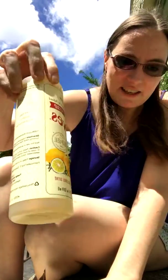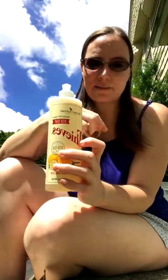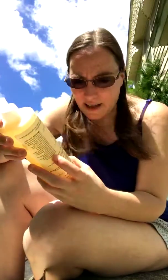It's our Thieves dish soap. It's got the wonderful Thieves oil blend in it, and